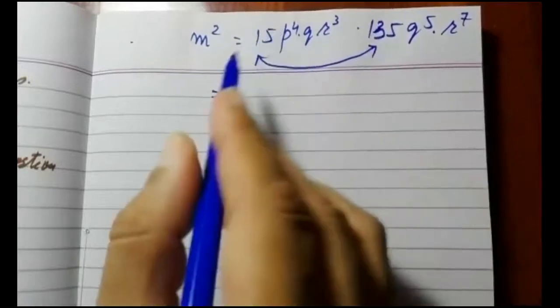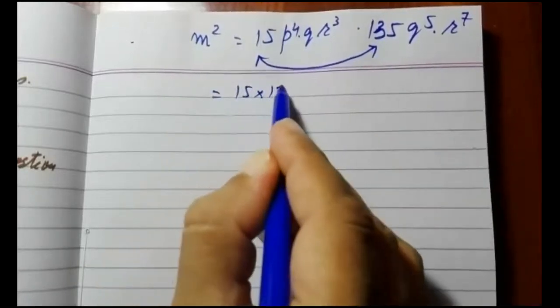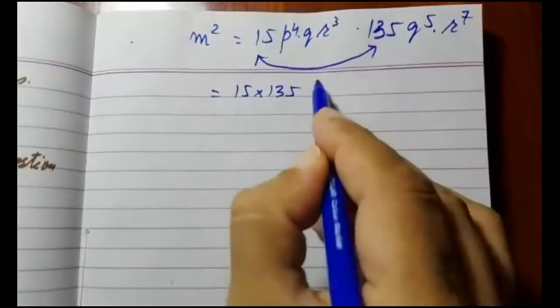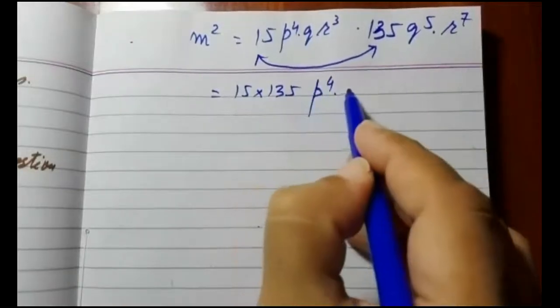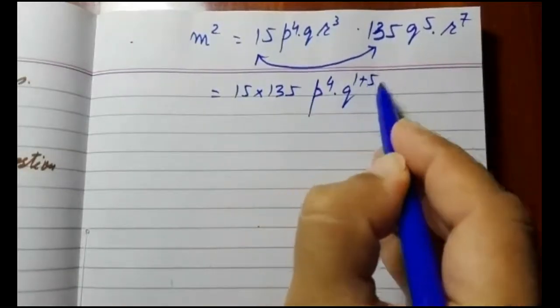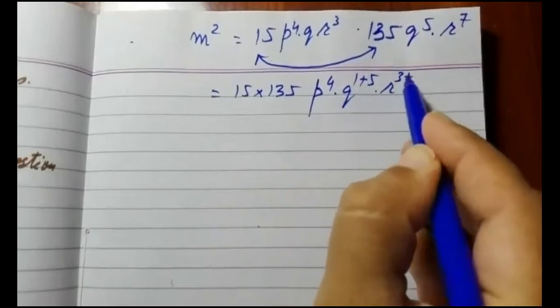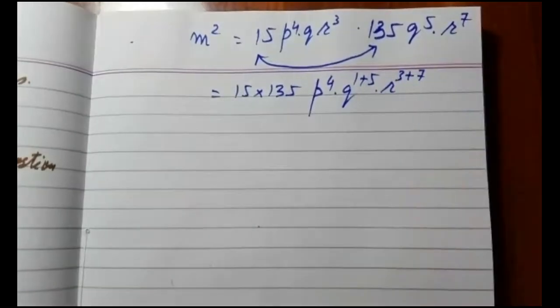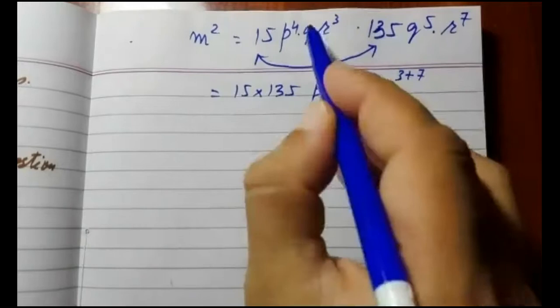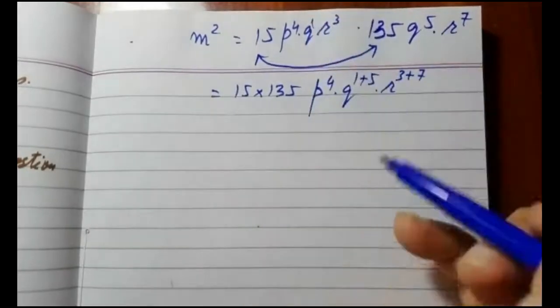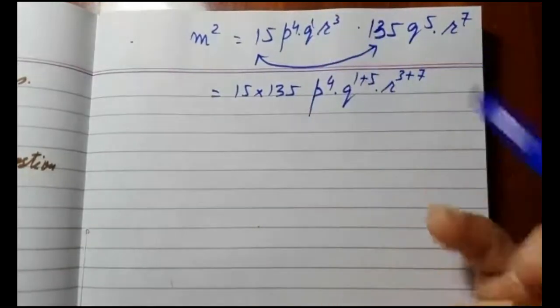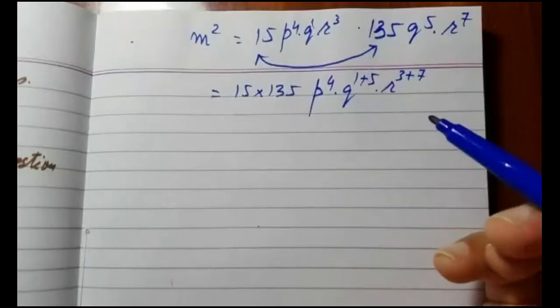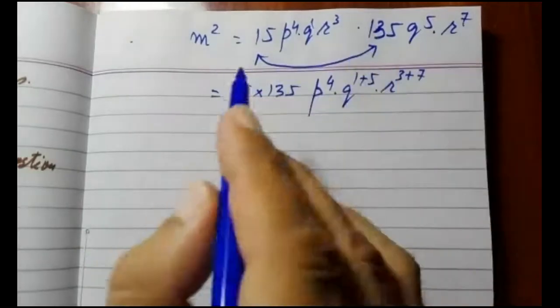So 15 into 135, p raised to power 4, q raised to power 1 plus 5, r raised to power 3 plus 7. Because bases are same, we have to add the exponents or the powers. So q and q raised to power 5 will be collected together, r raised to power 3 and r raised to power 7 are being multiplied, so we will simply add their powers. So the terms will become,